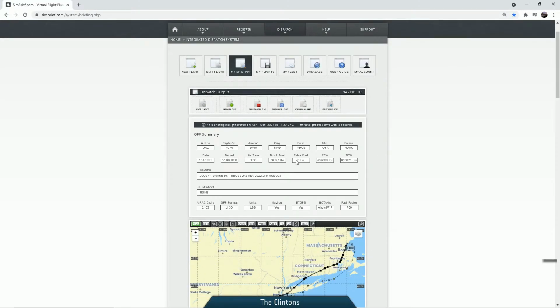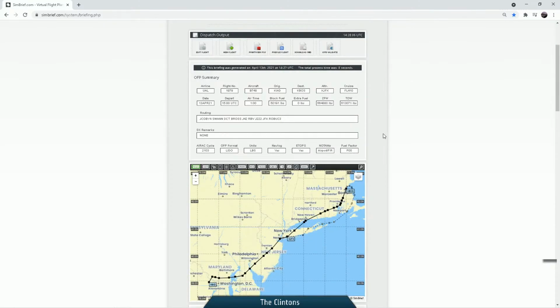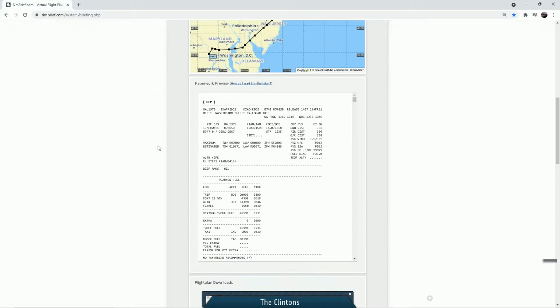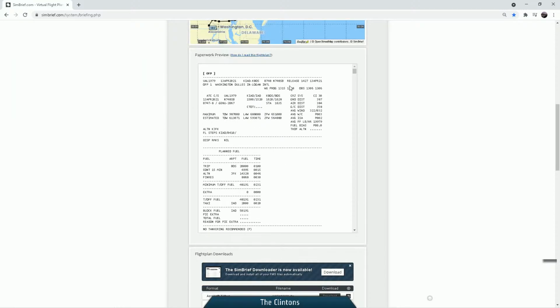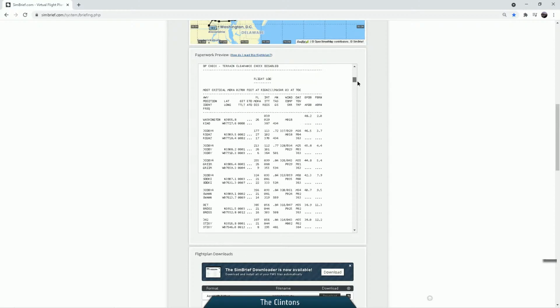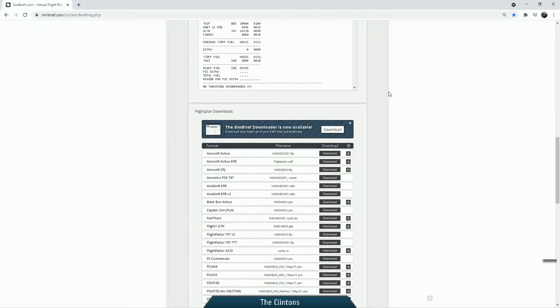So what does it give us here? It gives us our cruise altitude, which you see there, which is great. We'll plug that into our FMC when we program our flight. And here you are, it's the paperwork plan for our flight. A lot of information there from top to bottom. What I normally do